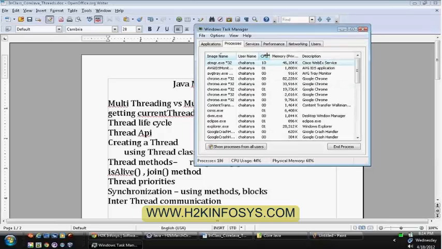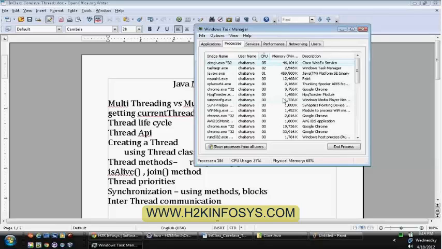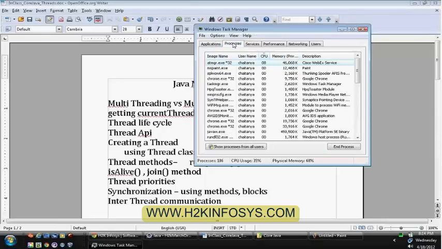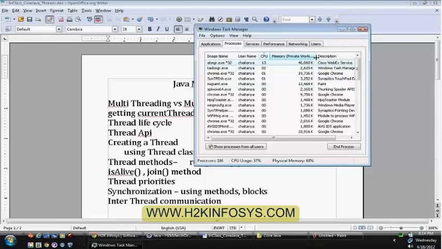If you go and take a look at the task manager, for each and every application you have opened, it will create a separate process ID, and it will allocate some memory space for that. You can see the physical memory that was required for each application to work properly.